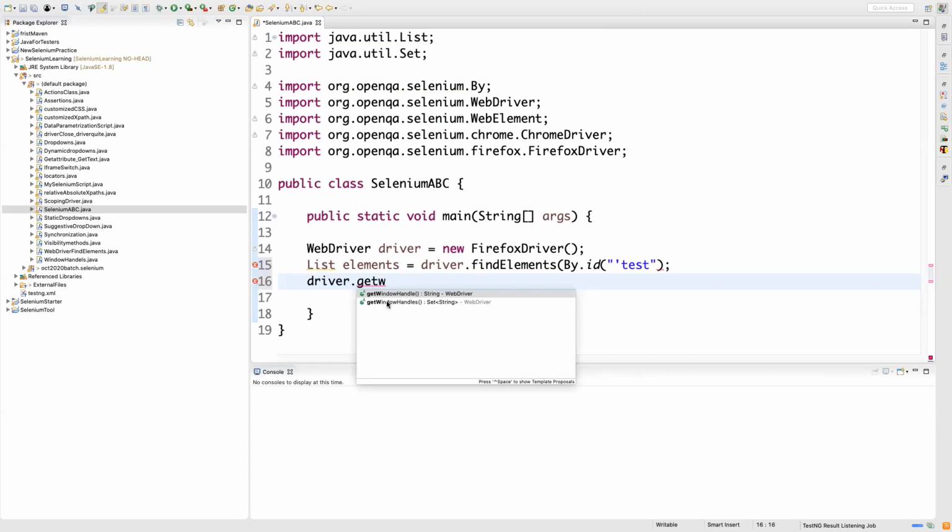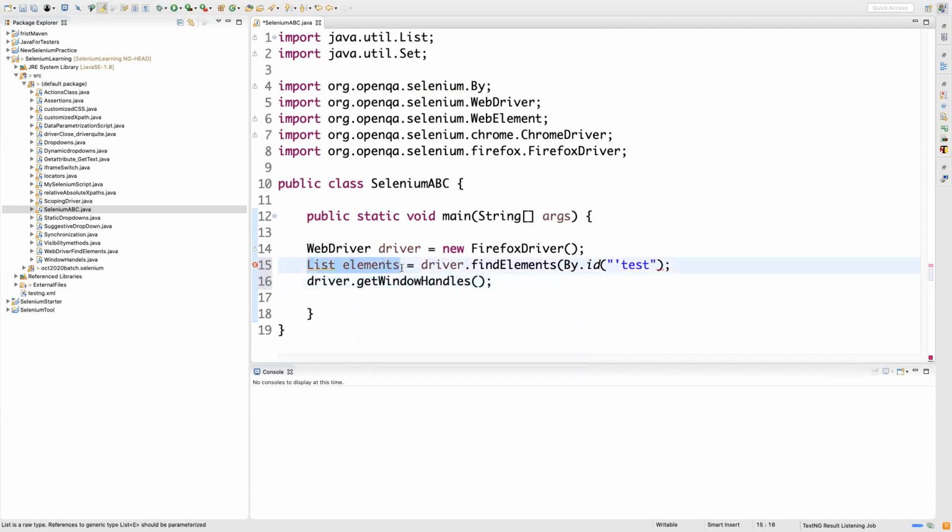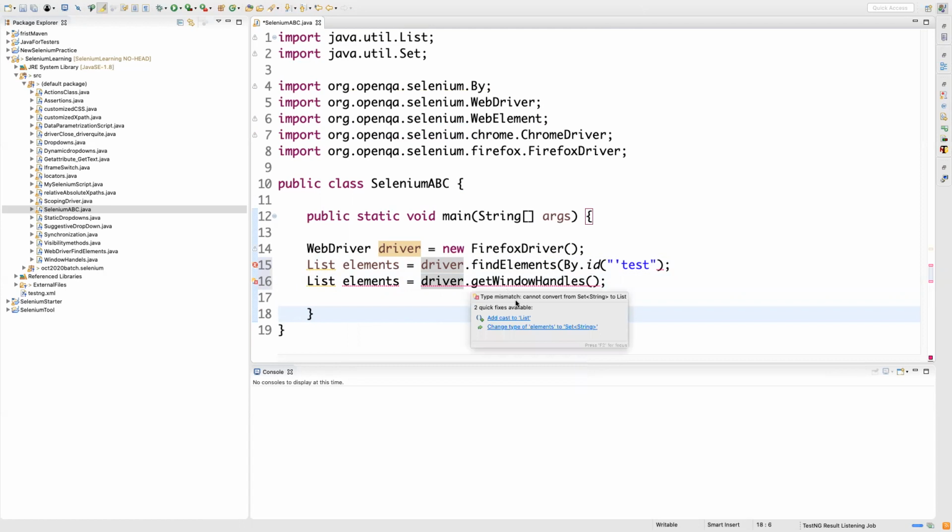Whereas when you use window handles, it will give you all the window handles that the driver has invoked or that are in session. Now if you try to capture its output in a list, it will throw an error, because this method itself doesn't give you a list.